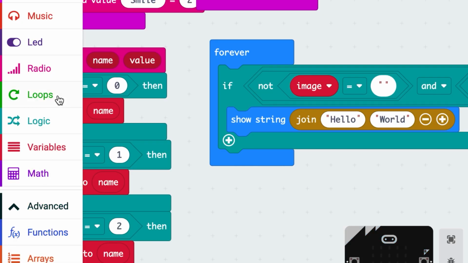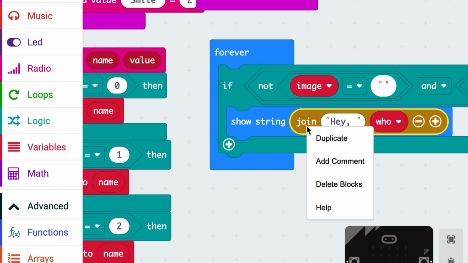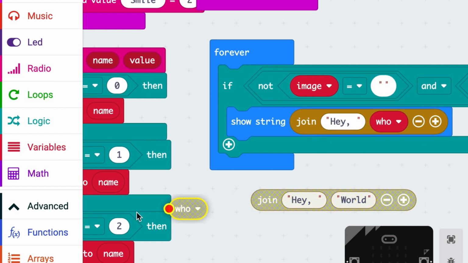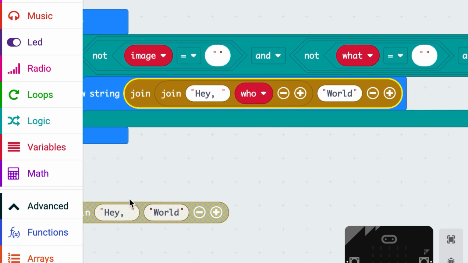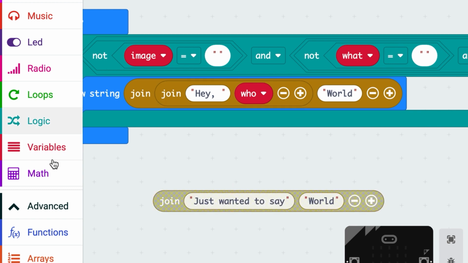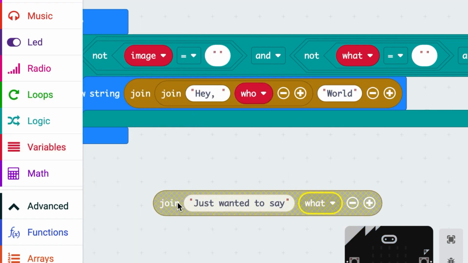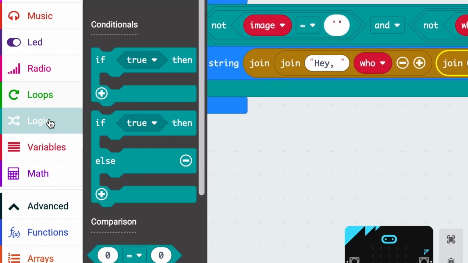Should go something like, hey, variable who, duplicate, duplicate, hey who, just wanted to say, and I could put in what, and then I could have a condition, a rule